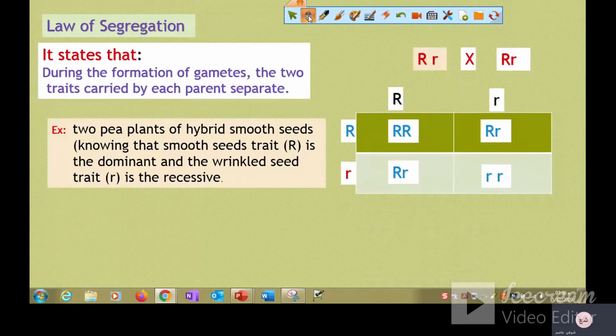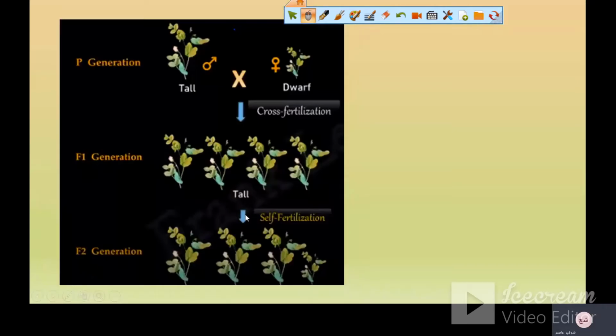And as mentioned here, when the crossing takes place between these two hybrid alleles, we'll find the percentage will be 3 to 1 or 75% to 25%. Okay, let's see the third rule. But before that, let's simplify the experiment